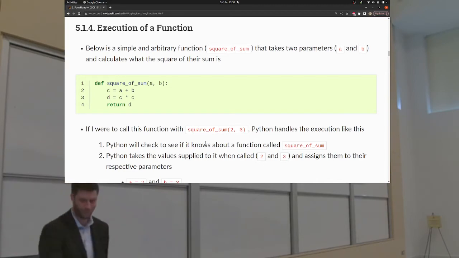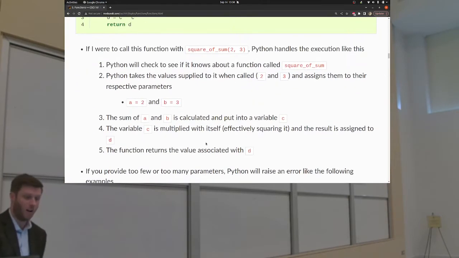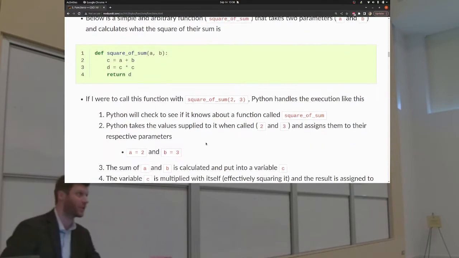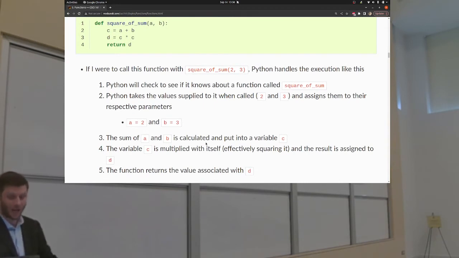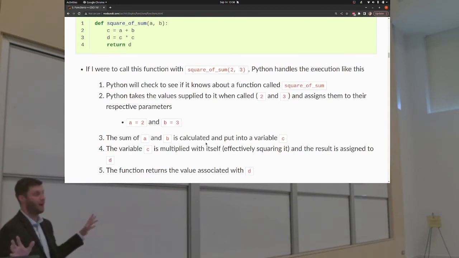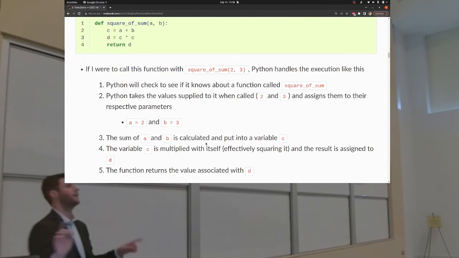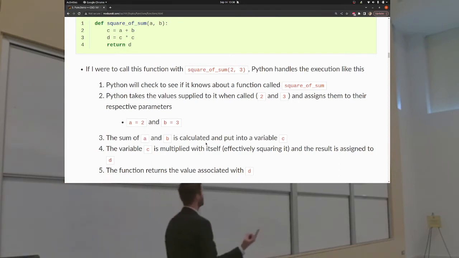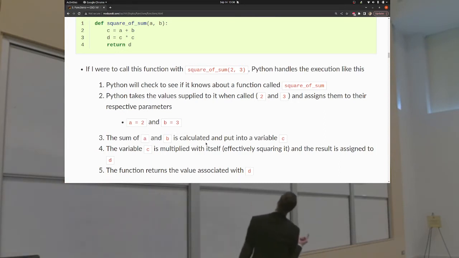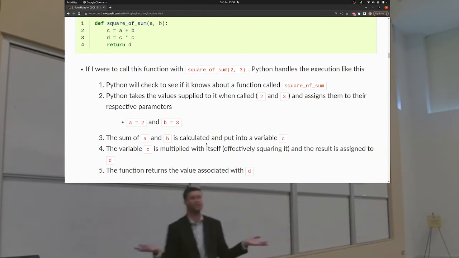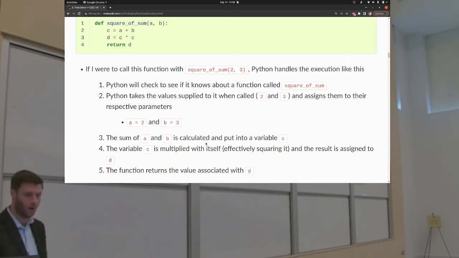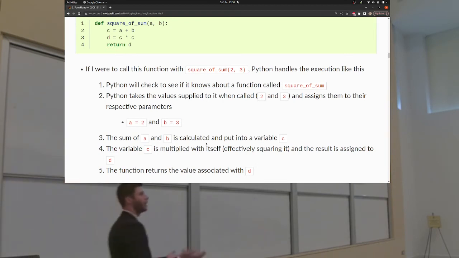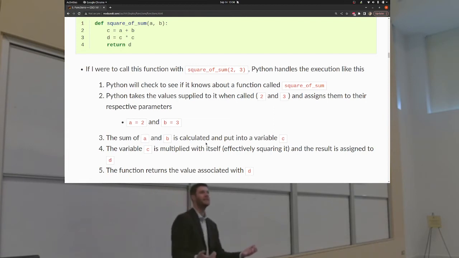Great. So, remember, this is the definition. If I call it with the arguments 2, 3, here's how Python is going to do it. First, it's going to say, okay, do I know of a function called square of sum? It needs to be able to know what you're asking it to do in the first place. Yes, it does. We just defined it. Great. So it takes the values supplied, the arguments, the 2 and 3, and